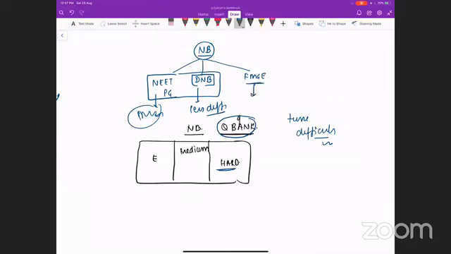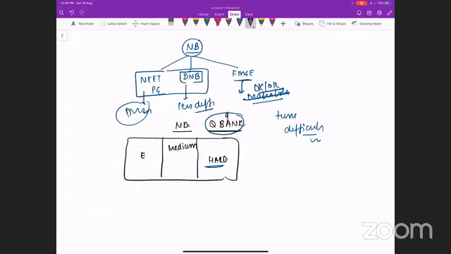FMG, it is Mahabharat. It seems so difficult, but it is not. It is an okay exam. So what I want to tell you is, the question which is asked in the NEET PG will be repeated as it is in your exam. The question which is asked in your exam can be repeated in these exams.